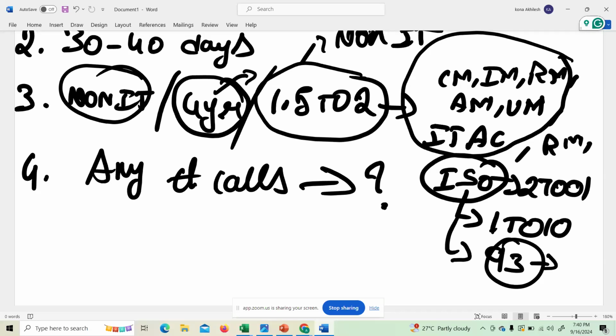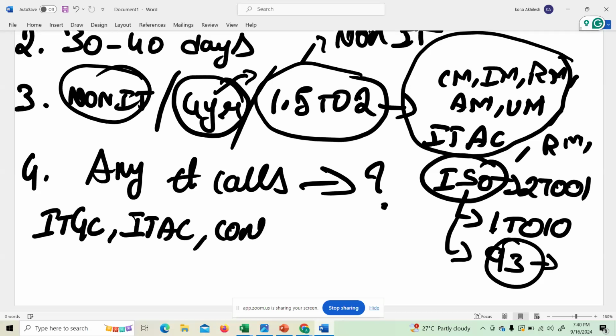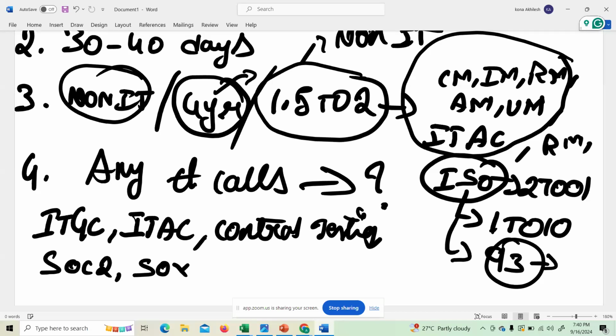Just go to Naukri and LinkedIn, and type ITGC, ITAC, control testing, SOC 2, SOX, internal auditor, ITGRC.